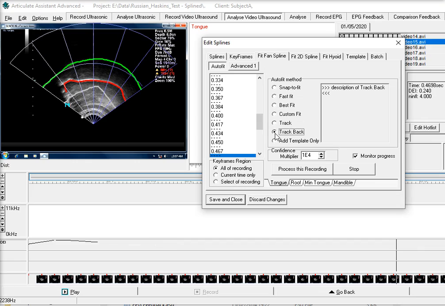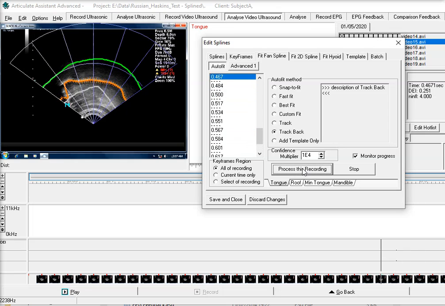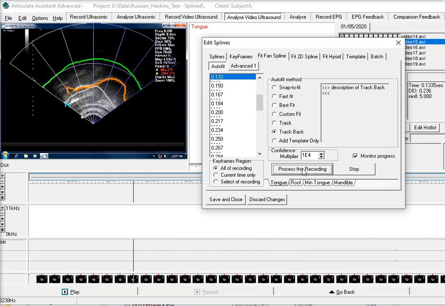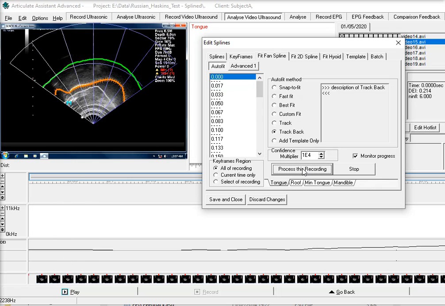So if we try that, track back, select the whole of the recording and process. You can see working back from the end towards the beginning again that it's now following the contour and we've lost all that artificially tracked tongue contour. Now, in doing this on this individual recording, we haven't got the trimming anymore, so